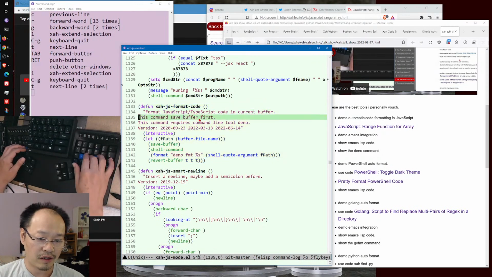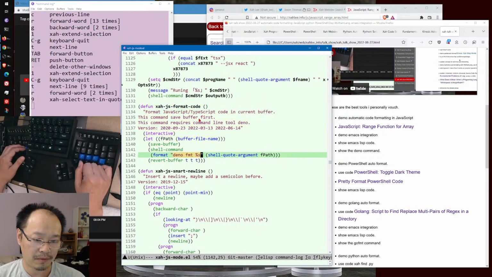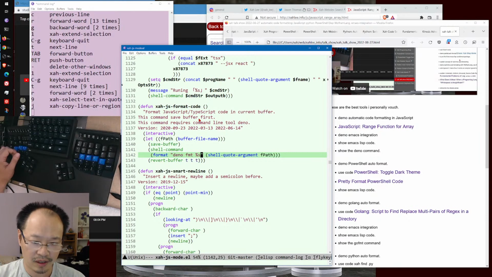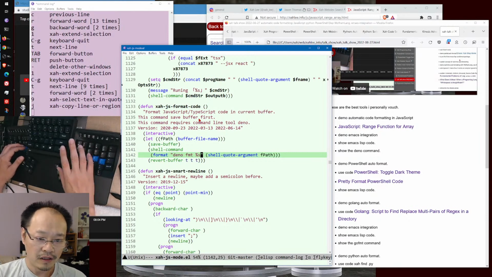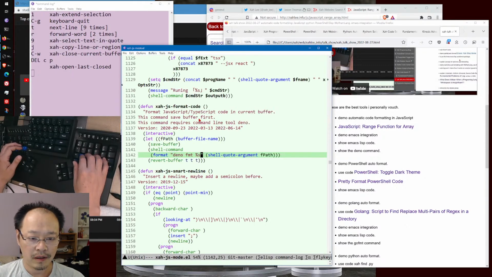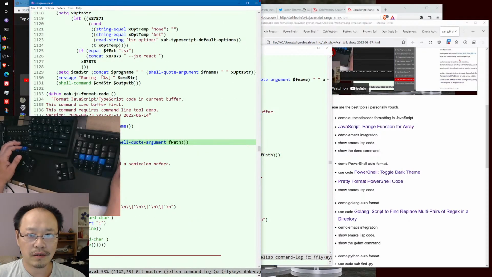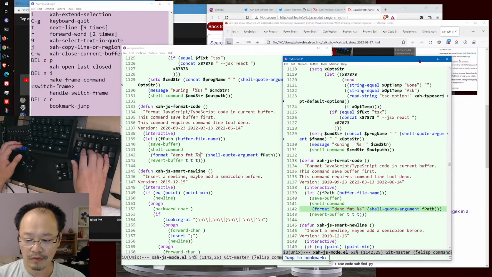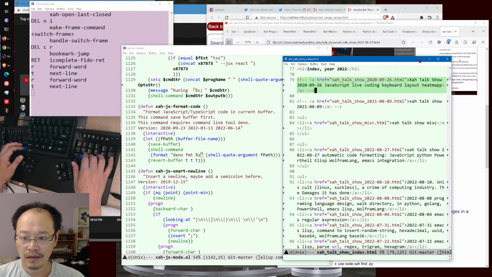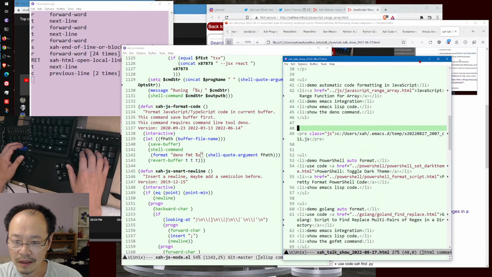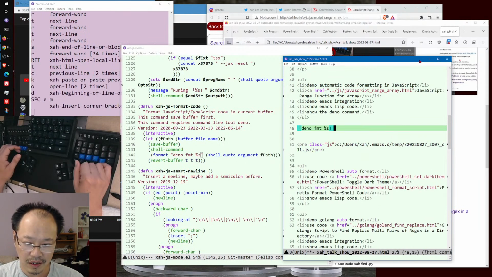It is actually calling deno format. Here's the command: deno fmt, then a file name. That's the actual command that does it. Okay, close that. Let's put it in my talk show so you can see it. Go back to today's talk show, this page, and here is the command,